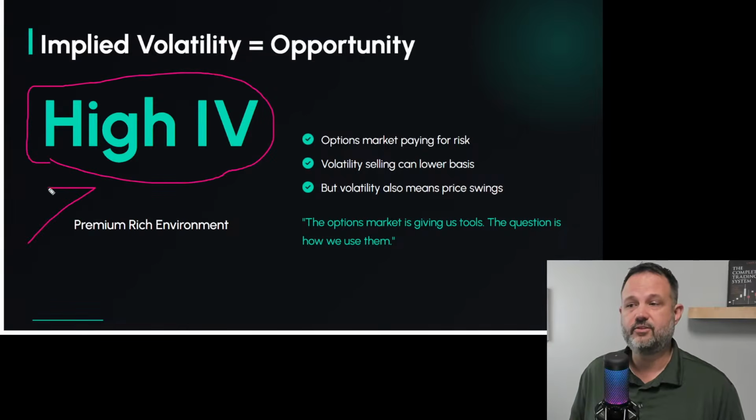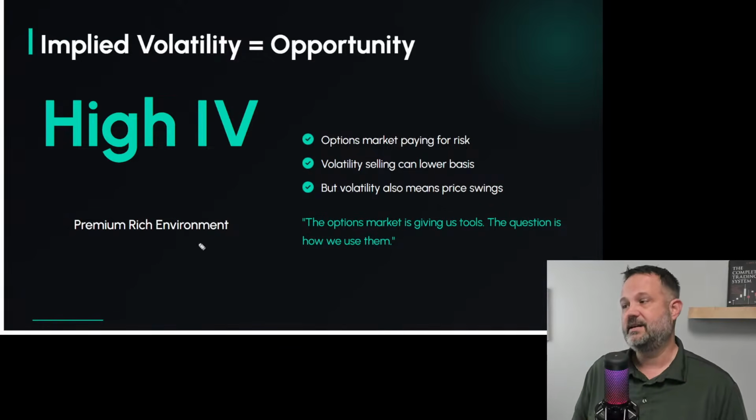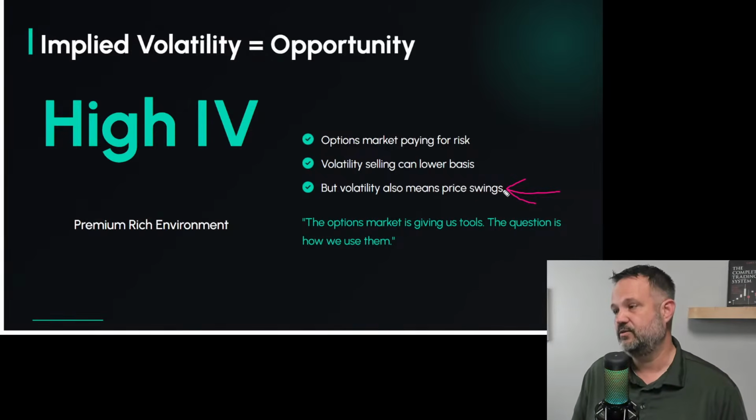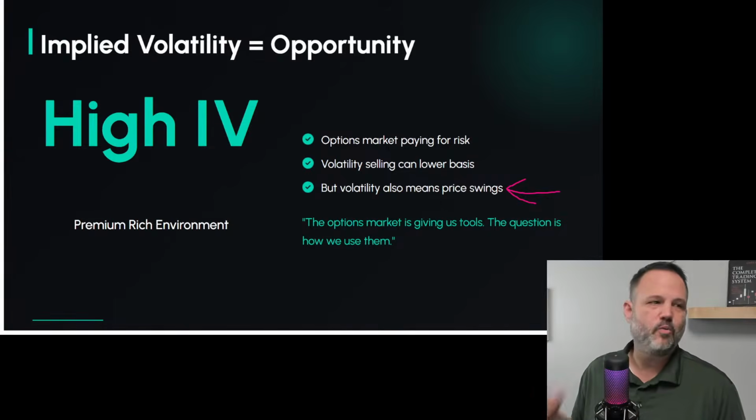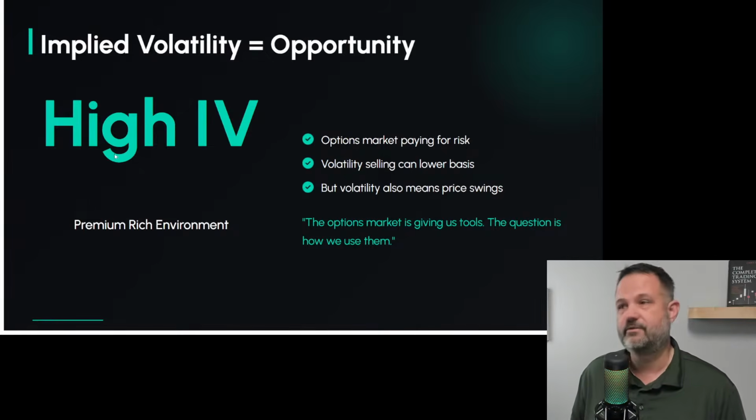All right, so with that being said, we're in a high volatility with this stock. This stock pays good premium, right? That's why we got into it. We like stocks that have good premium, and sometimes that comes with a risk, right? Because why? Because of this. Volatility, higher premiums can mean price swings, which is what we're at. So all we got to know now is that there are still good premiums to be had on this. Let's take that into consideration for the future.